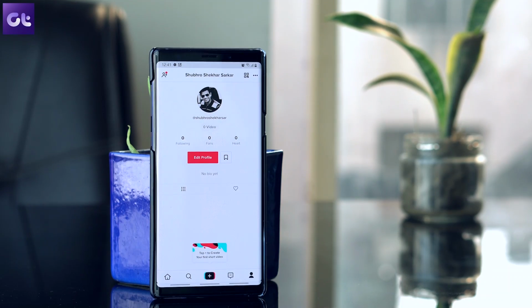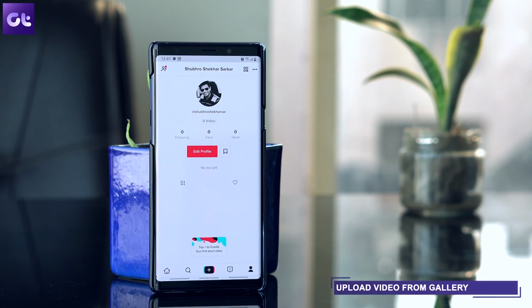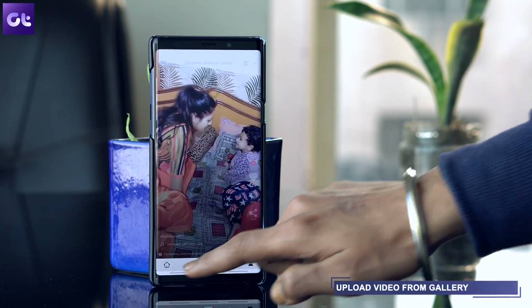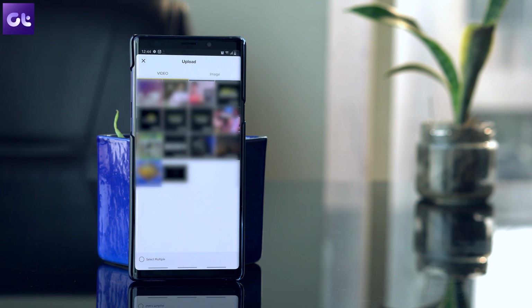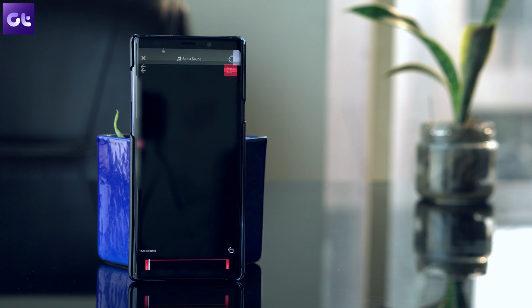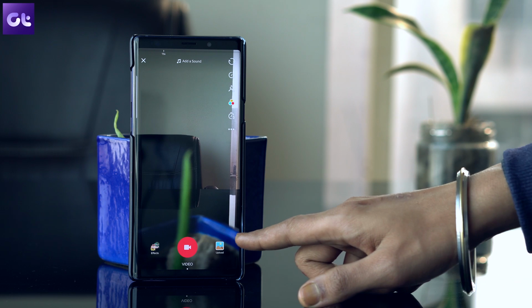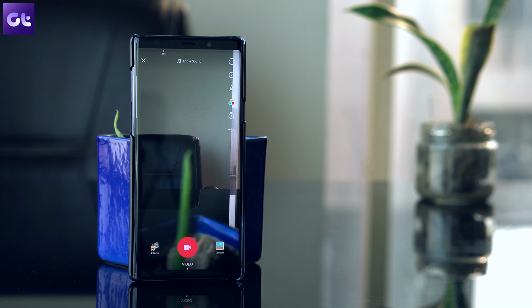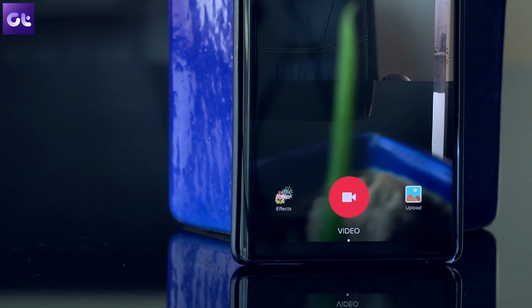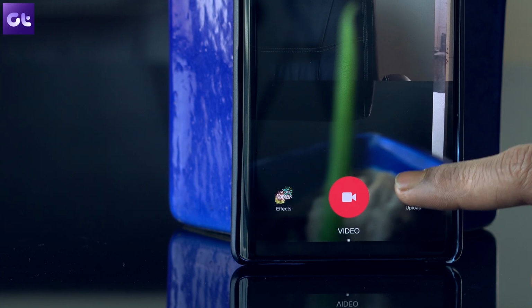The very first trick in the list is to upload video from gallery, and we all know that it's difficult to record or create a video instantly. At times like this, you can upload old videos from your gallery, and to do so, launch the TikTok app and then hit the add button at the bottom of the screen. On the camera screen, tap on the upload button and select the video that you would want to upload and